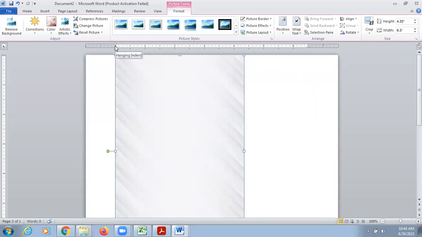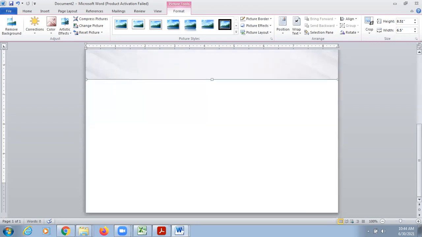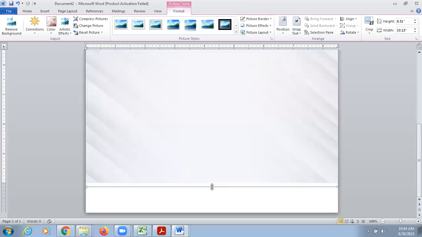When this double arrow will come, at that time only you can shift. Okay, now change the color.